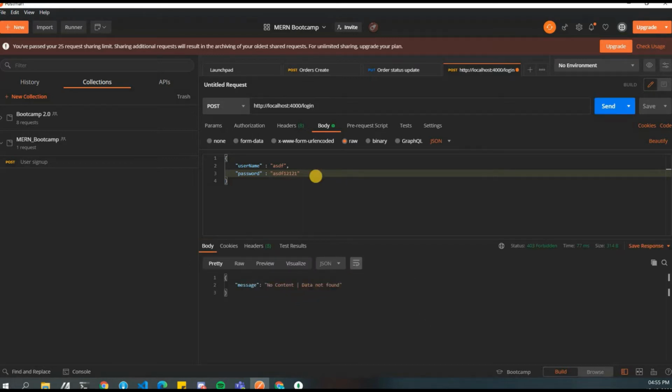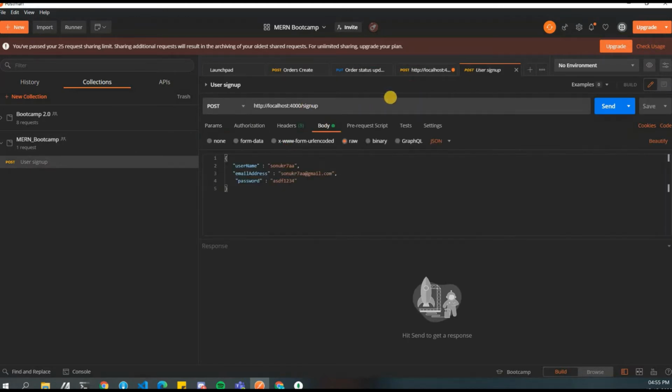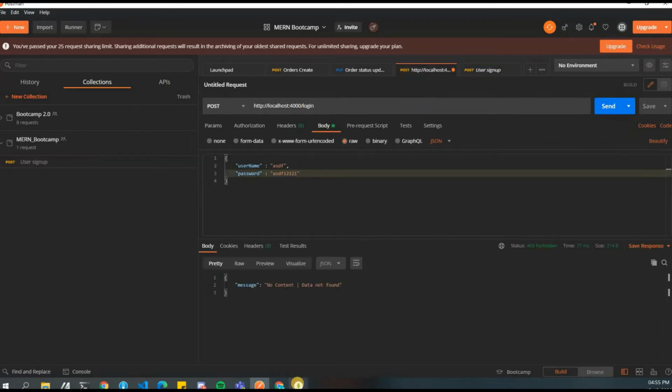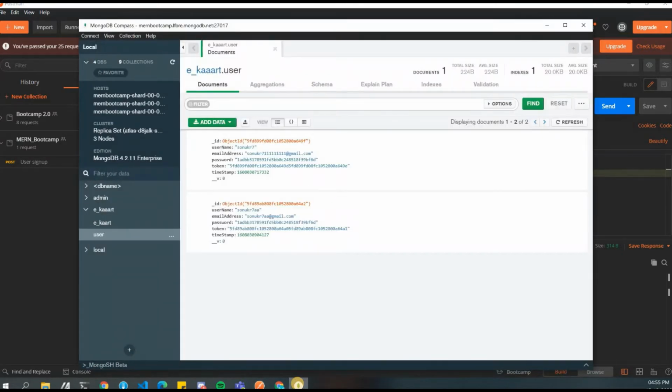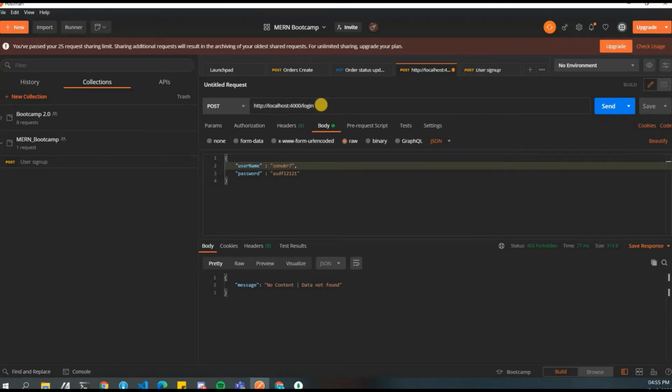No content, data not found. That means username does not exist, right? So now in this case, what was the body that we gave? We gave Sonu KR7 in our database. Let's just see. We gave Sonu KR7. So let's just write Sonu KR7. Okay, and let's see.